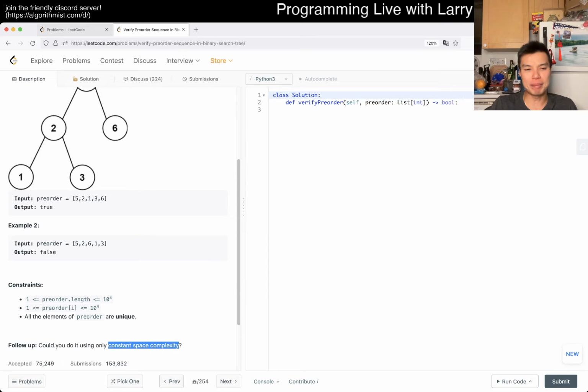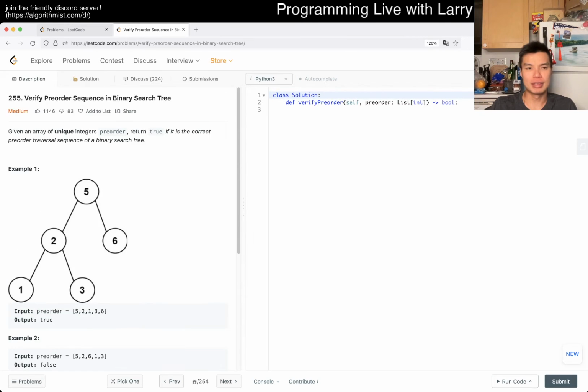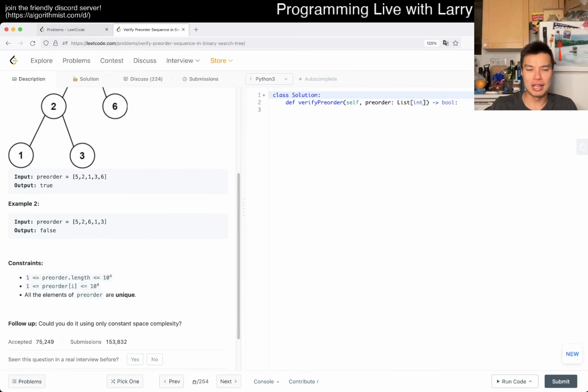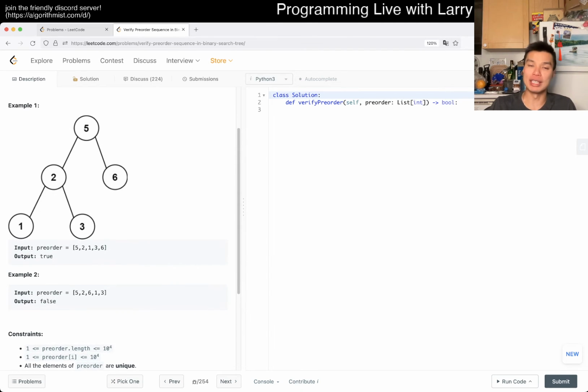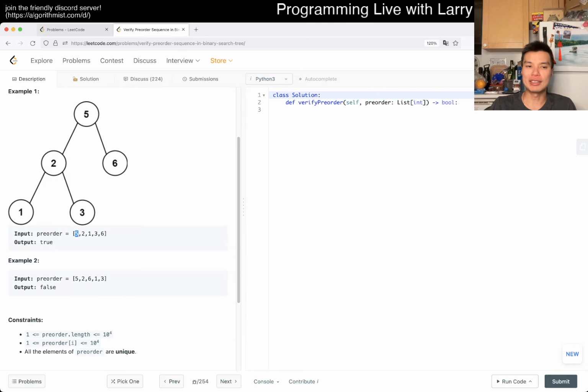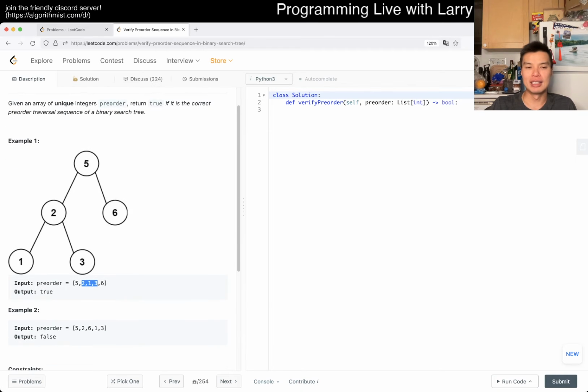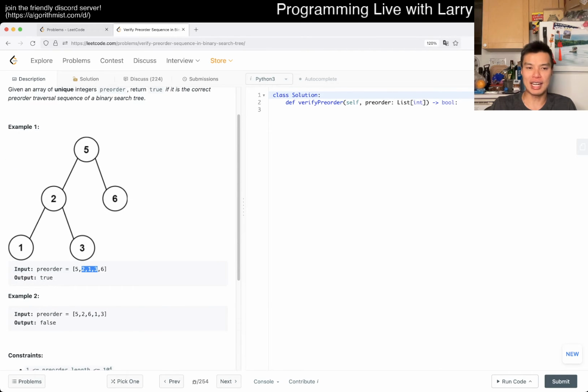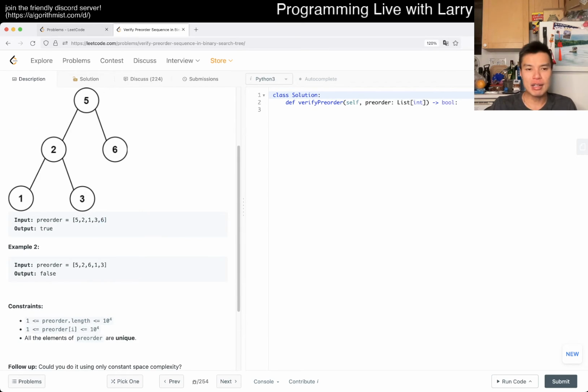One thing I want to think about is that 10 to the 4th is kind of expensive, because of the way I'm thinking about it, with divide and conquer. Here you have pre-order, so this is the root. You recursively verify the left and the right, and you could do that with a recursion. But in the worst case, this is n squared, right? Because if everything's to the left, or everything's to the right, then you just have n minus 1, and then